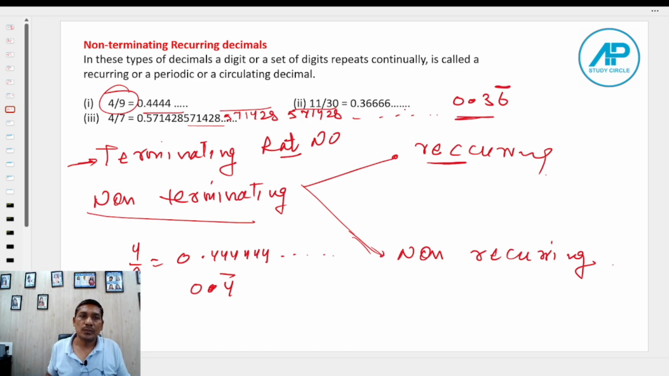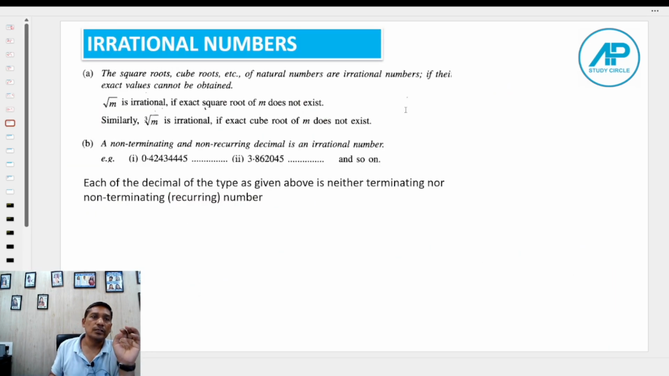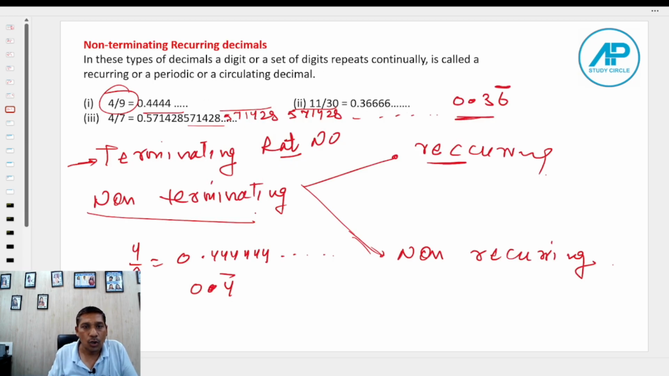Non-terminating recurring decimals हैं, ये सब के सब rational numbers होते हैं. So make it a point in your copy that rational numbers can be non-terminating but recurring decimals. Terminating भी rational numbers होते हैं, और जो non-terminating recurring numbers हैं वो भी rational numbers होते हैं. I move on from there because I have taken the second category, after this category now, non-terminating